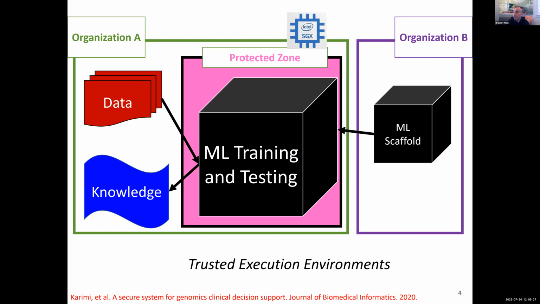The notion of a protected zone could be trusted RAM or some type of a tamper-resistant co-processing chip that just lives on a machine. This may sound far-fetched, but this is exactly what Intel and AMD have been doing for the last several years. Even on your phone, you will find trusted computing environments through things like Intel's Software Guard Extensions. What that means is that you can encrypt all the data, put it into the trusted environment, do whatever you want to do in that environment, and then encrypt it, pull it back out, and decrypt it for whoever's supposed to analyze it.